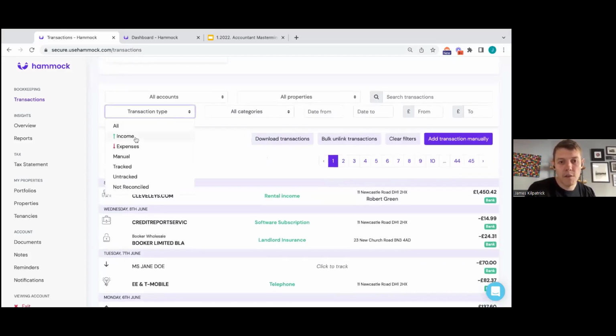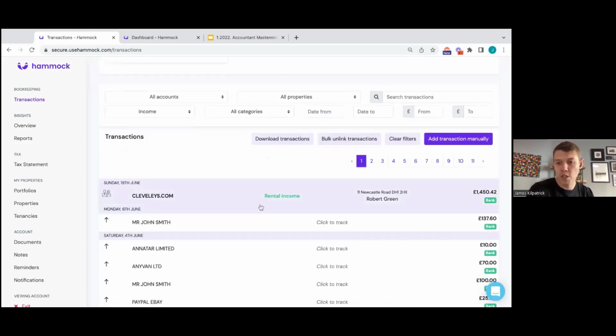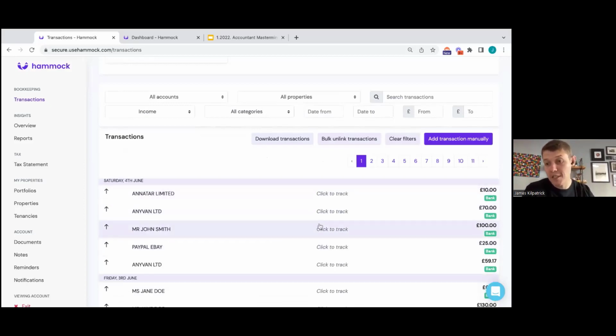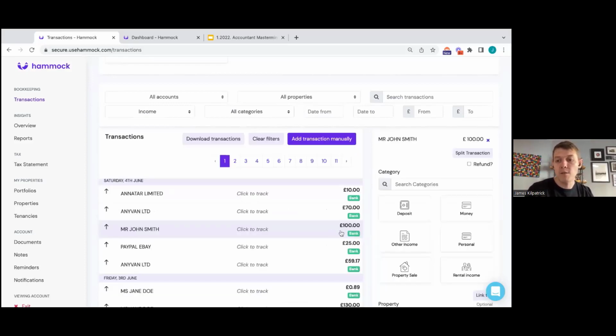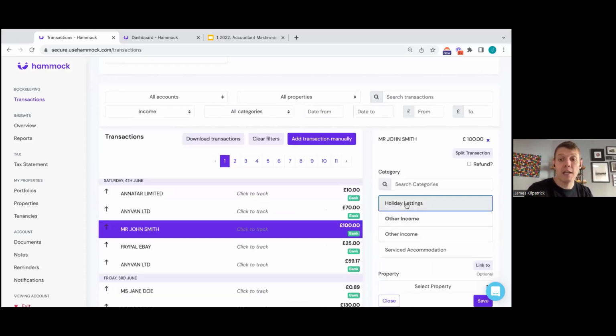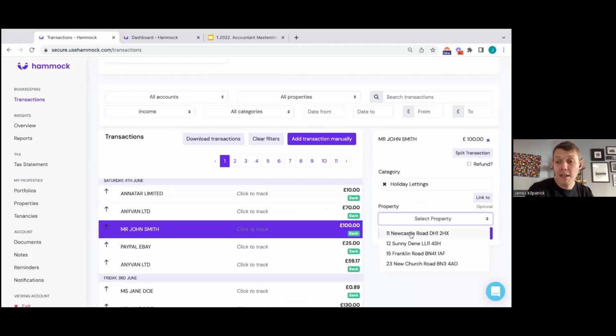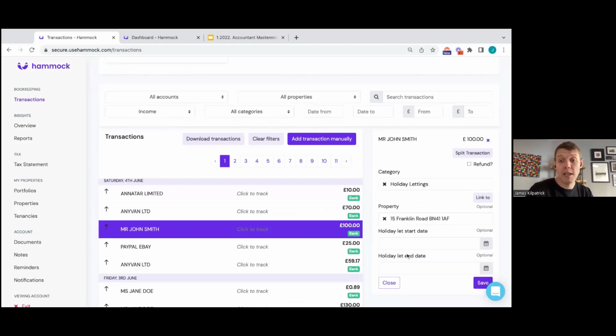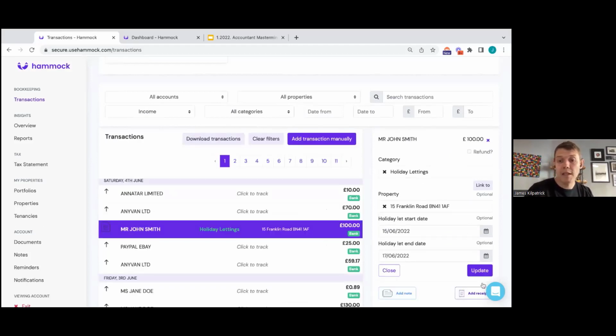So what I'm just going to do, I'm just going to filter just on my incoming transactions. And unfortunately, because this is all dummy data, I don't actually have very many large transactions, but let's just imagine that I've got my Airbnb property and this £100 is from that Airbnb property. So here, I can just categorize that as holiday lettings, link that to my property that's a furnished holiday let, set the dates, and let's just say maybe they stayed from the 15th to the 17th, click save, and